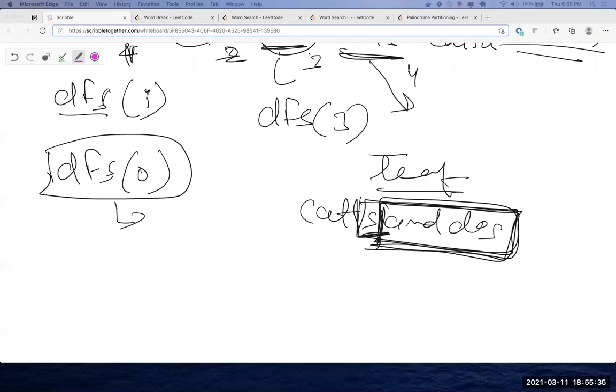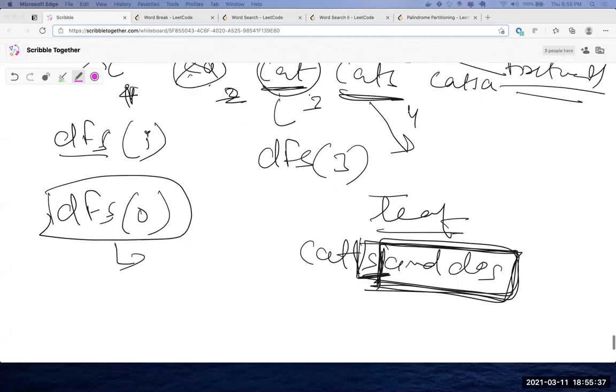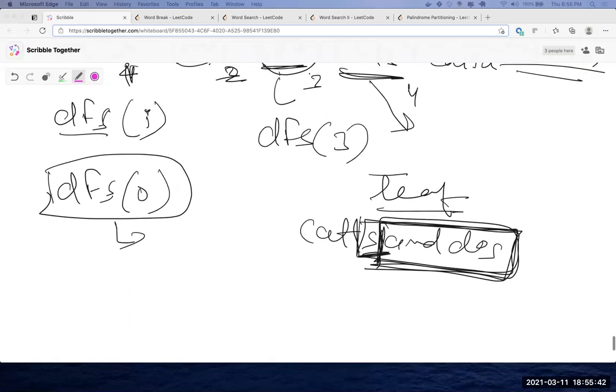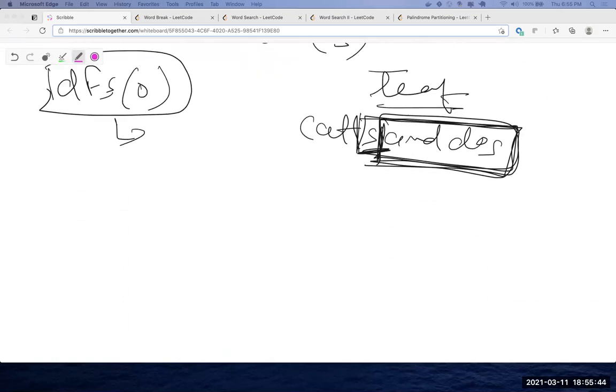CG, you're following? Yeah, I understood till now. So, is this clear that your DFS has I? I is being sent. I is the start index.